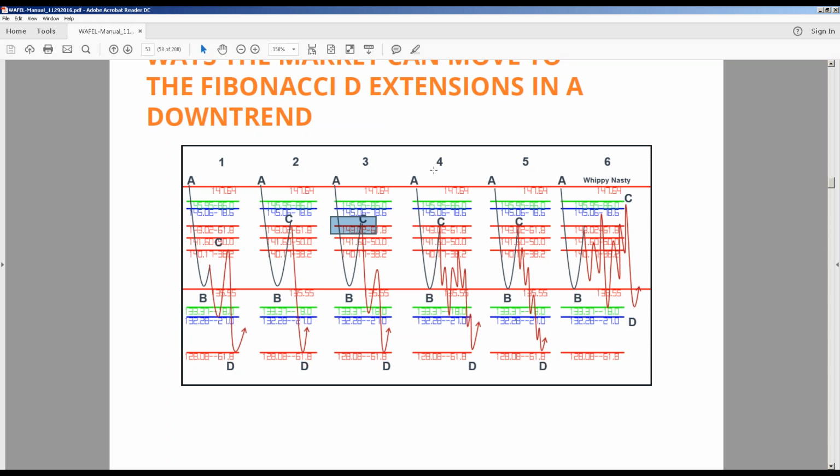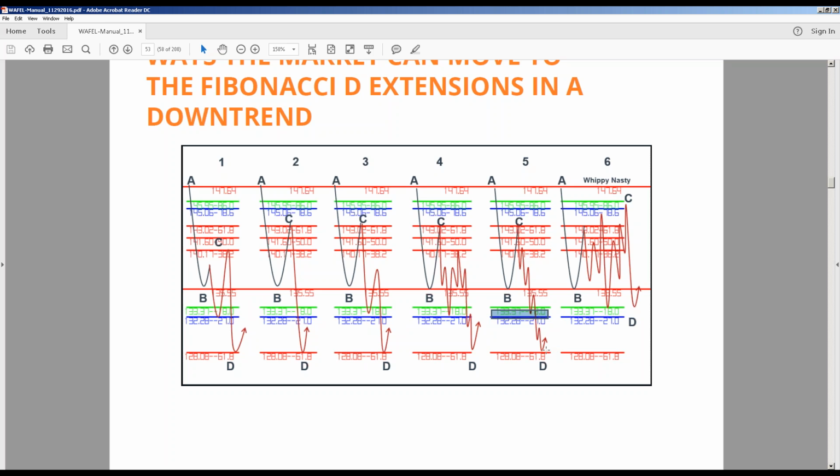Here also, number 4, you have the market waving down, also bouncing at the 127 extension and then retracing and then coming down again, or it can just wave in such a way where it doesn't bounce against the 127